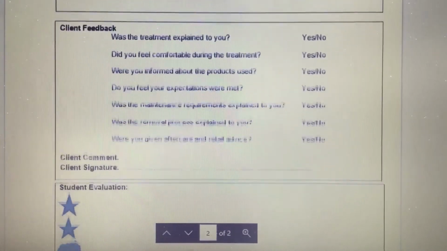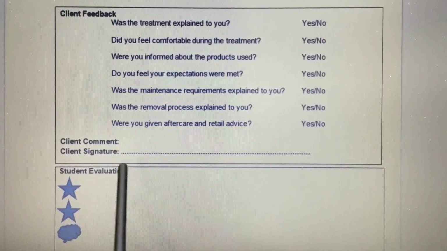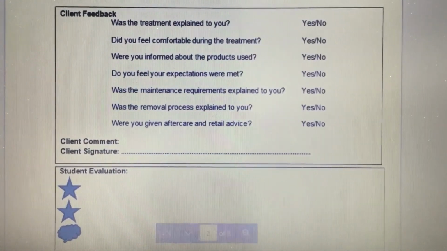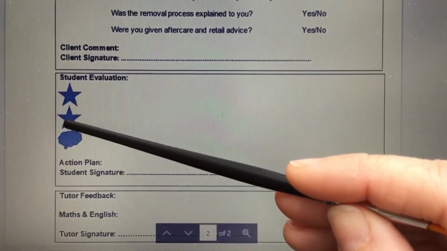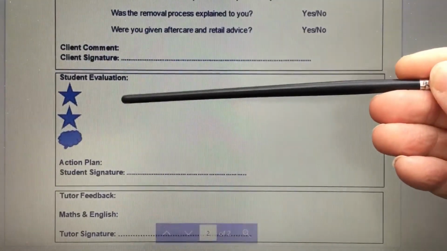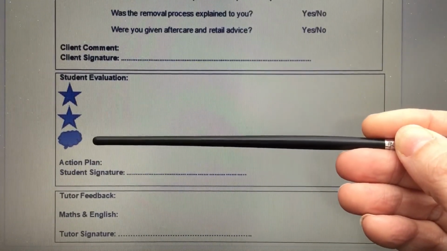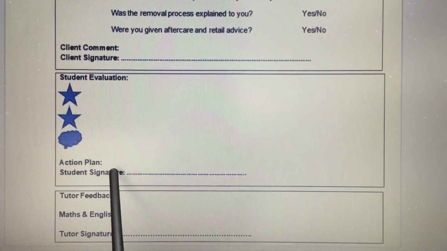And there you've got client feedback. So just answer the questions yes or no. The client can have a comment and sign. And then that's your evaluation. Student evaluation, 2 stars and then a wish. So 2 things you think you've done really well and something you think you might need to improve on for the next time. The action plan is